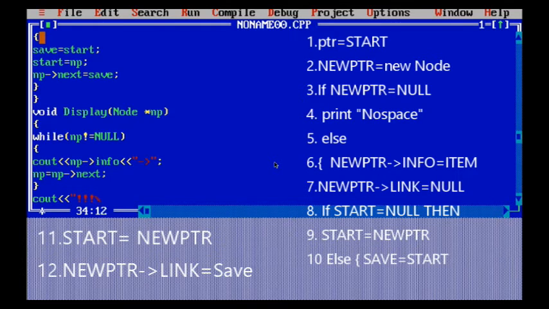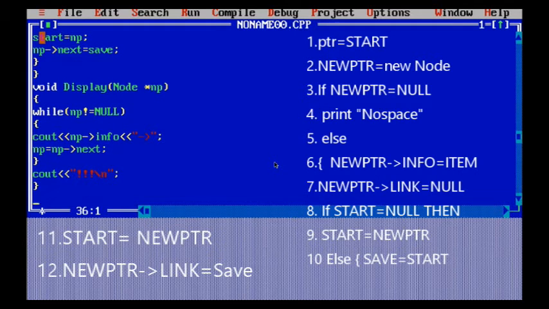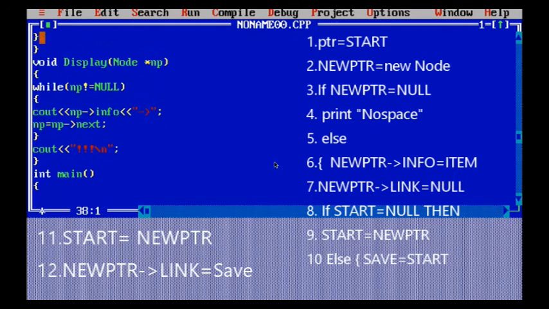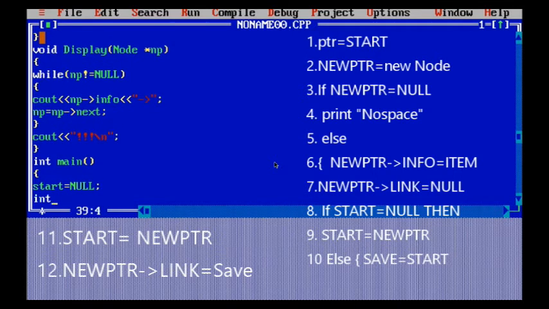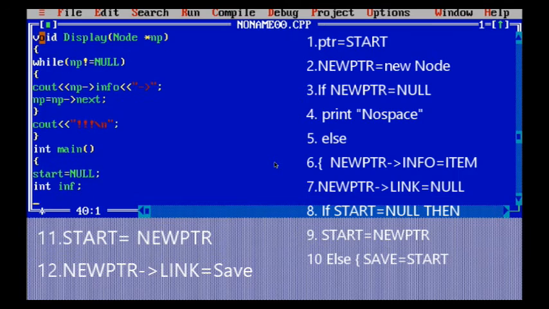Now what we have to do in the main function, we are coming to the main function. In the main function, first of all, I am going to declare a variable start value as null. We have already defined a pointer start at the starting of the structure, so I am assigning it a value null. You can also see side by side in the algorithm the same things we are performing over here. We have given new pointer value as pointer equals to start, and then the new pointer equals to null value.